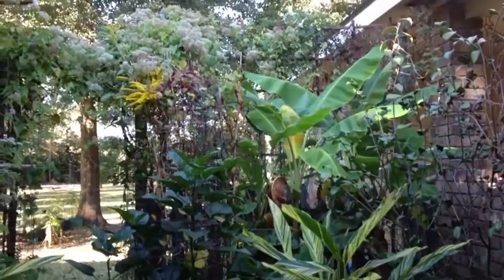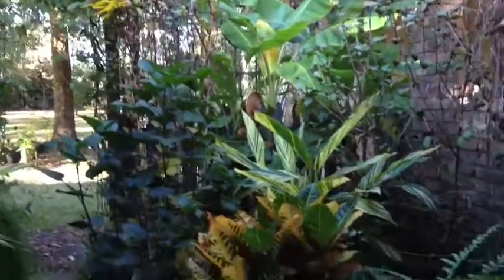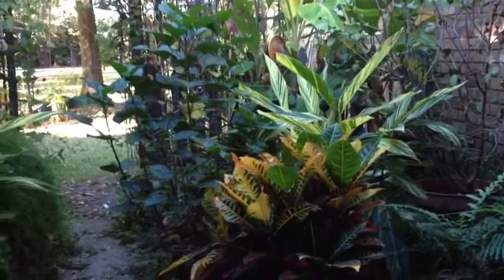Beautiful Sunday afternoon here. Kind of breezy, cool. We're going to have, I think, 79 the high today. The humidity has been